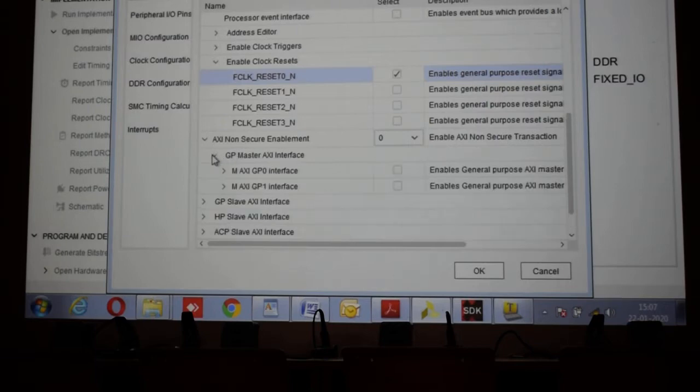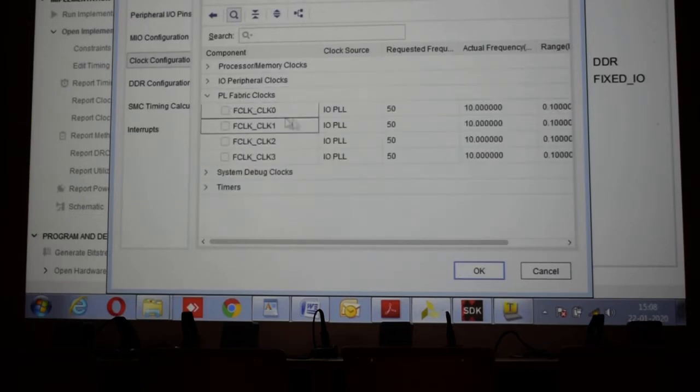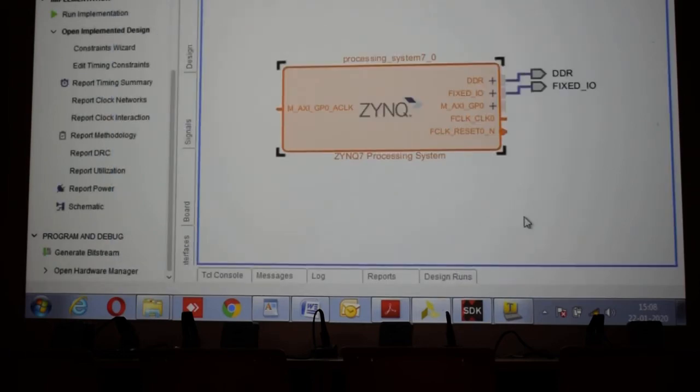In that, GP master AXI, M AXI GP interface. Enable that. Then go to clock configurations. Enable the PL fabric clock. We removed it, we are adding it now. Right? Save.